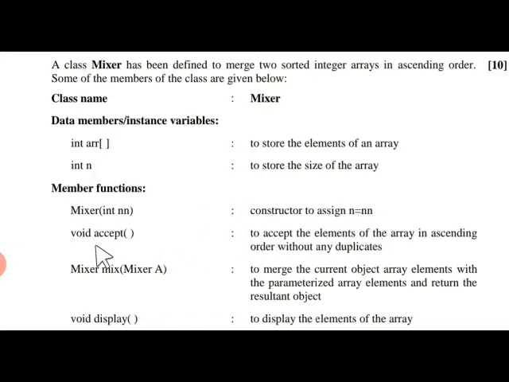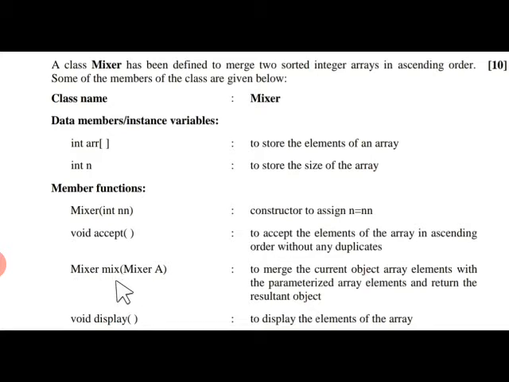Now they say void accept, another function, void accept, to accept the elements of the array in ascending order without any duplicates. Two conditions are there: you will accept the elements in ascending order, meaning increasing order, and without any duplication. No duplicate elements are allowed for the input. After that there is